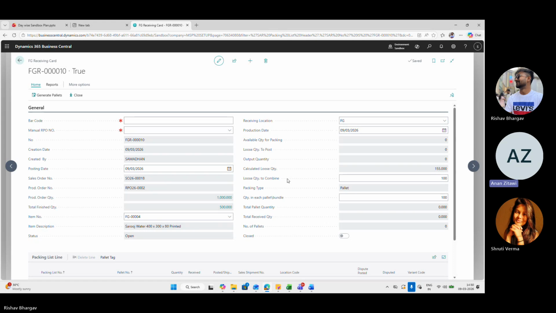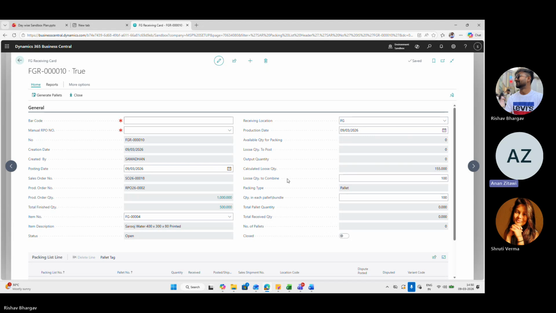So when I see the fields loose quantity to post and loose quantity to combine, we cannot understand their purpose. Okay, whenever we ship the FG items, we ship pallet-wise or bundle-wise, right? The loose quantity is like the items are not in a pallet and not in a bundle. They are just single.